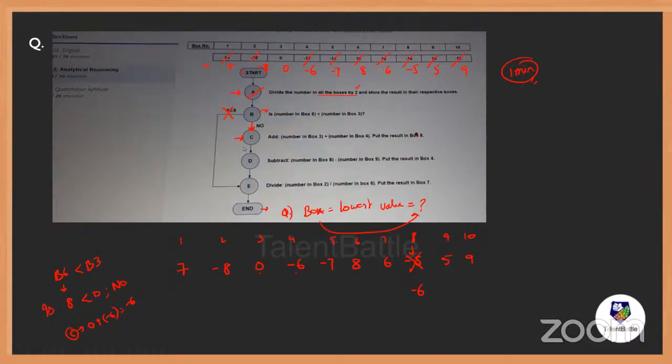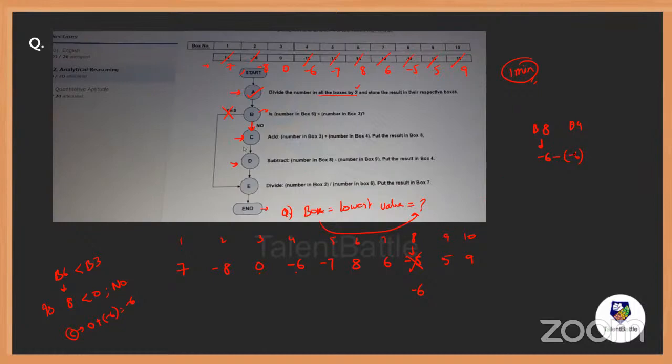Now, that I have done in the box 8. Then, everybody, now I have step 4. In this, I have to do the number in the box 8 minus the number in the box 9. The number in the box 8 is minus 6, and I have to subtract the number in the box 4. The number in the box 4 is what, everybody? Minus 6. So minus 6 minus of minus 6 is going to give me how much, everybody? Minus 6 minus of, because I have to subtract now.